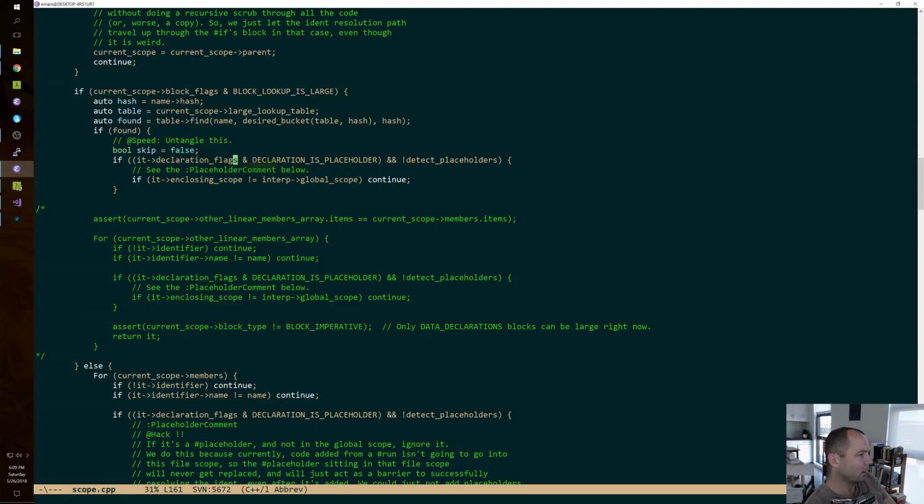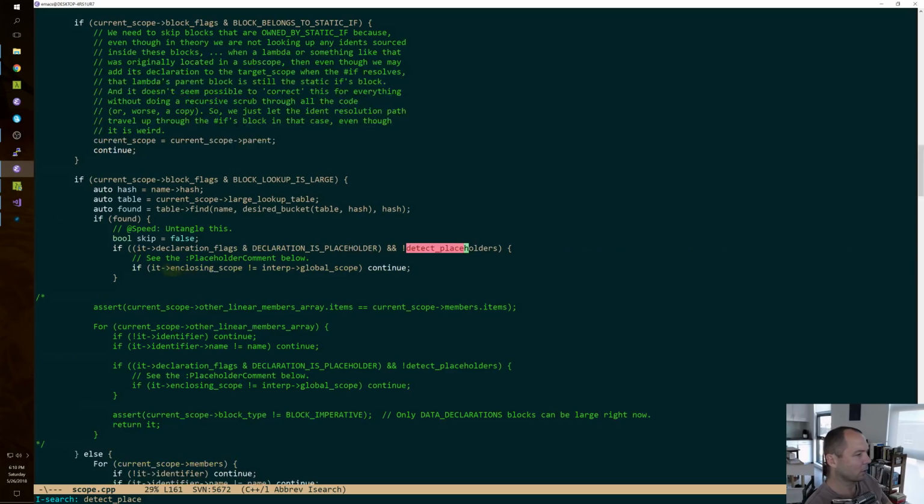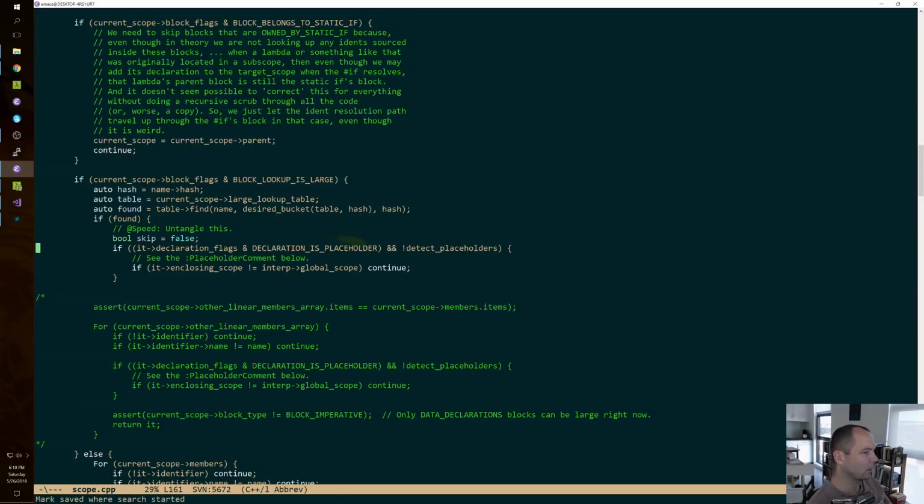Okay. If it's a placeholder and don't detect placeholder, well, detect placeholders. I thought there was something about that only being, I don't know. I don't know what that's for, but oh, it's for reporting errors. Okay, so if